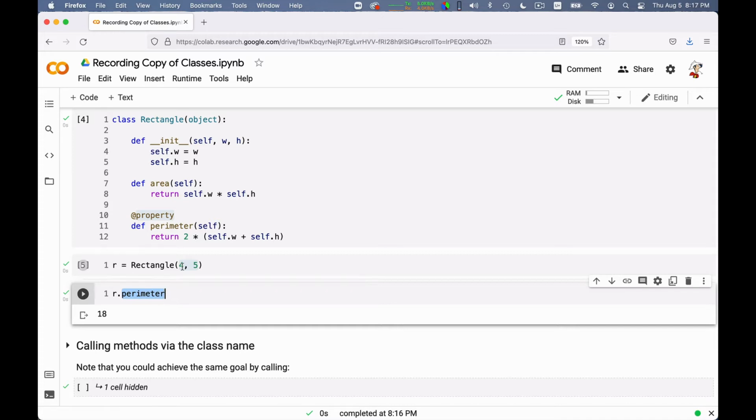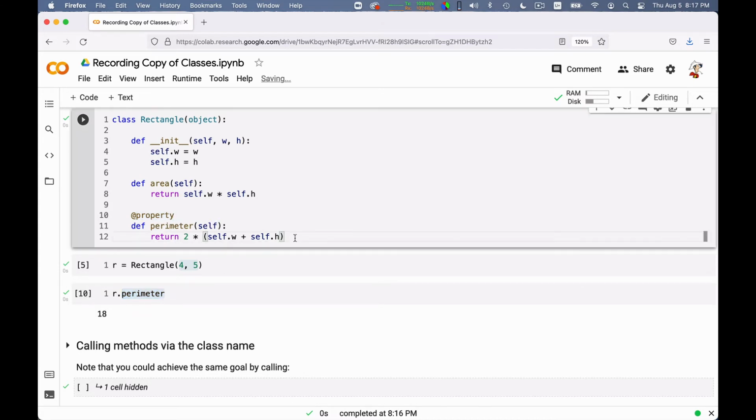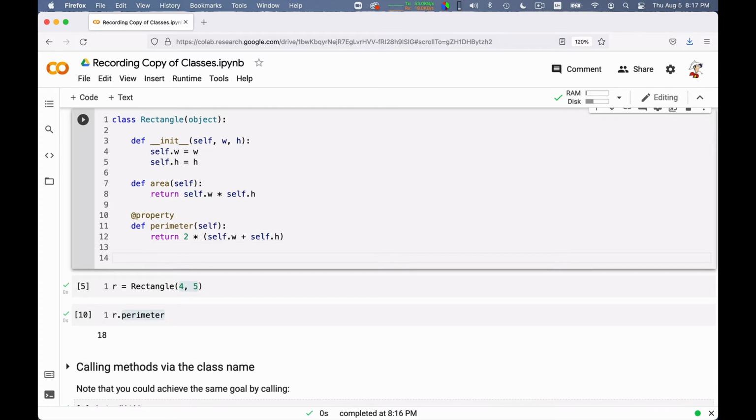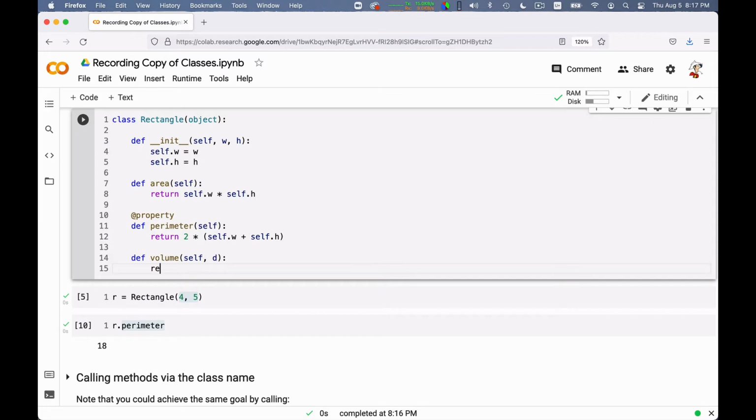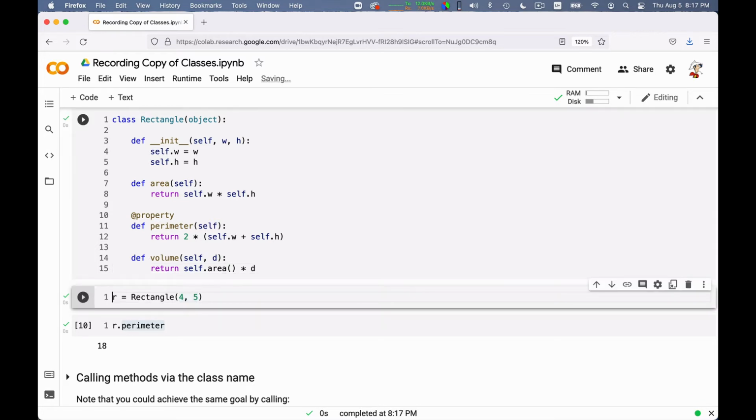So now these are simple methods, but you can also create methods that have arguments. So let us define one, for example. I can define volume, okay, self and d, for depth. Okay, so the rectangle is bidimensional. If I want to know the volume, it's the volume I get by filling the rectangle up to some depth. Okay, and I can say return the area, self.area, times the depth. Okay, so a very simple method.